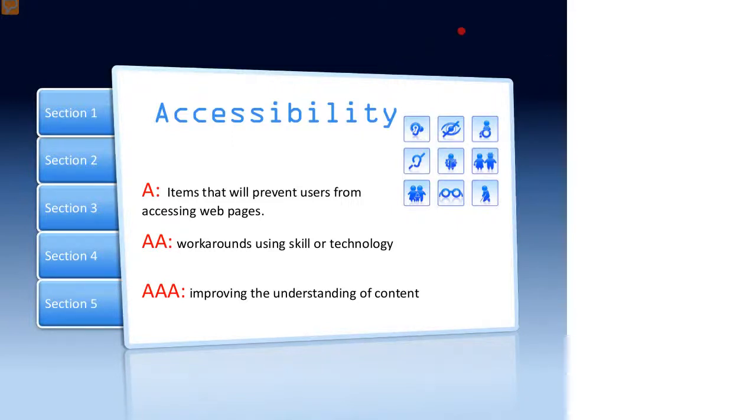So this is why we have the new accessibility framework coming in. We've got 3 different levels, A, AA, and AAA. Now, if we think about what they mean, in a really snappy snapshot, an example of each: A would be having keyboard access to a menu. Double A would be using your mouse scroll and the control key to change the size of your screen, so that's using a workaround, using a skill. And triple A, for example, the sign language on videos and captions.